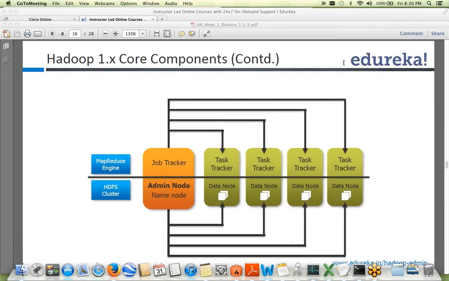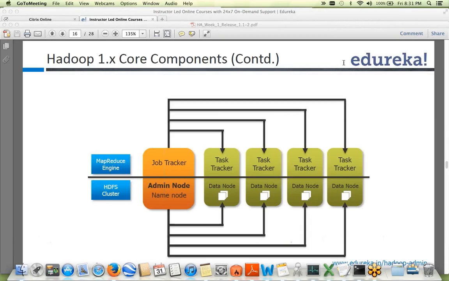So if you see any big deployment, maybe more than 100 nodes, you will see that people start with 10 to 20 gigs of heap size for name node. So yes, for a big cluster, if you know that your cluster is going from 100 to 500 or from 500 to 1000 in next few months, it is always good to have nice hardware for name node,